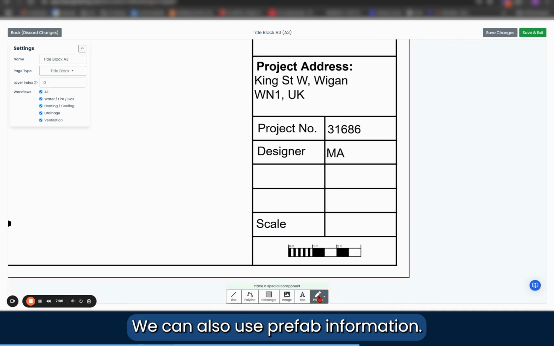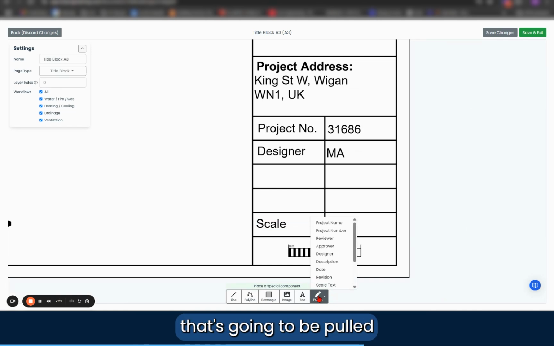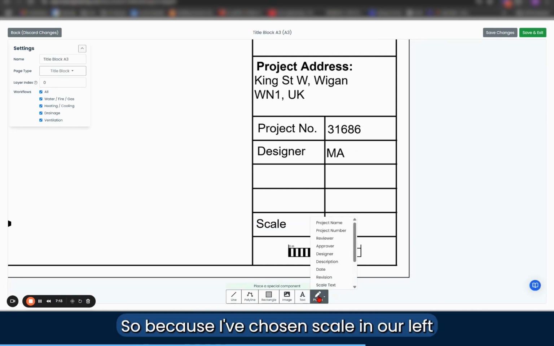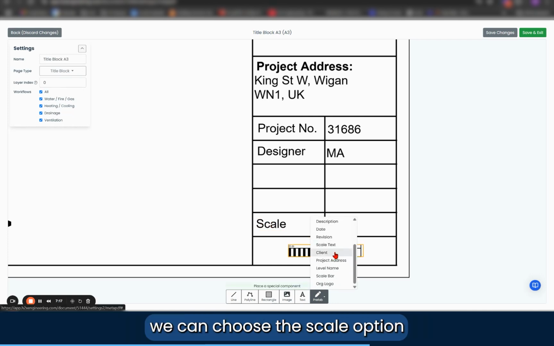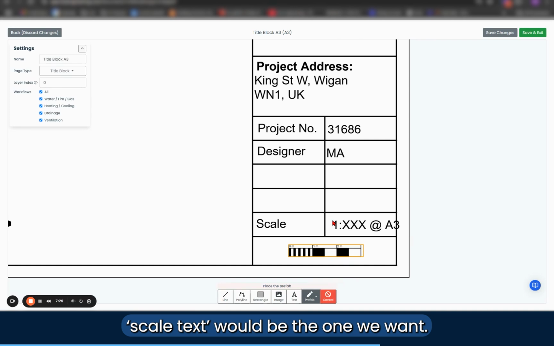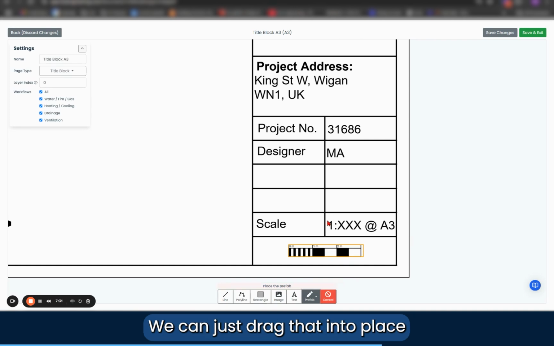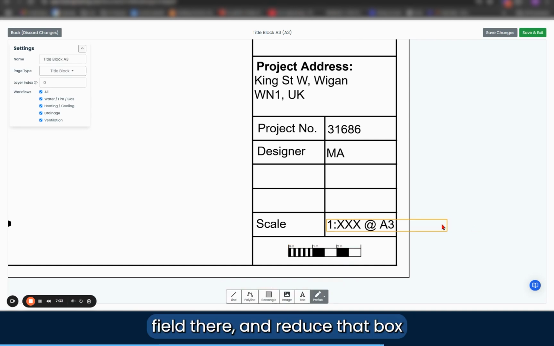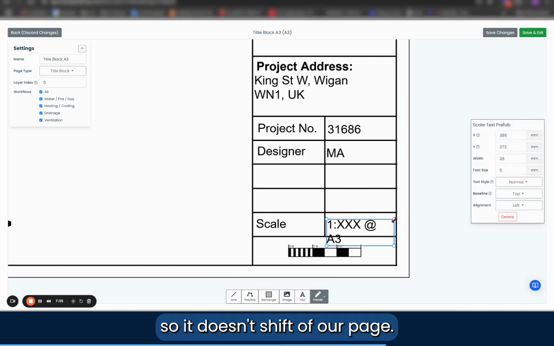We can also use prefab information. So this is information that's going to be pulled from h2x. So because I've chosen scale in our left title block here, we can choose the scale option off this drop down list. So just struggling to find scale. Oh yeah, scale text would be the one we want, and we can just drag that into place into the information field there and reduce that box so it doesn't shift off our page